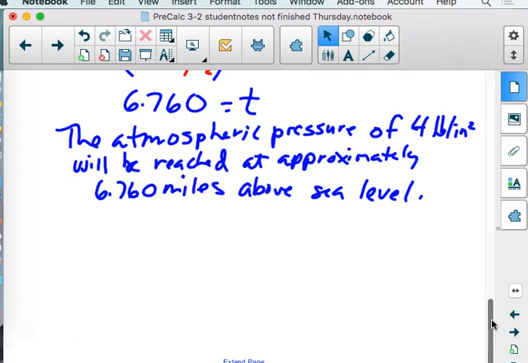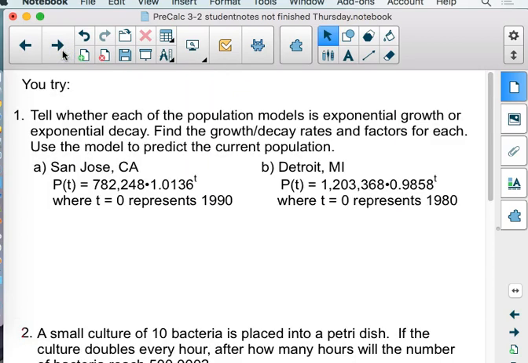So going back and putting that in the context of the problem, they said the pressure is reduced by half for 3.6 miles above sea level. So this was all going to be above that sea level point. Beautiful, looking good. Now, got a whole page of you try, but looking out here the last couple of problems,